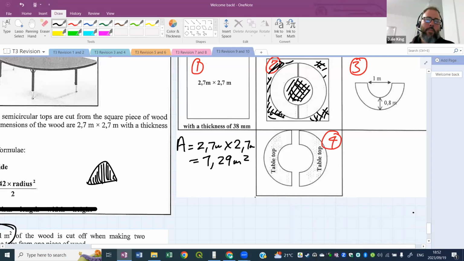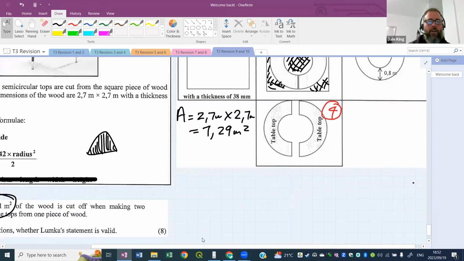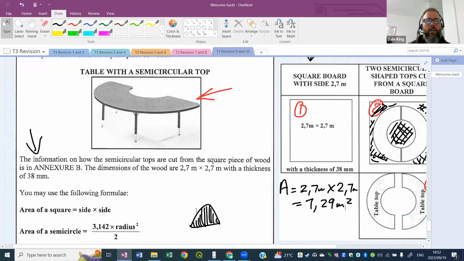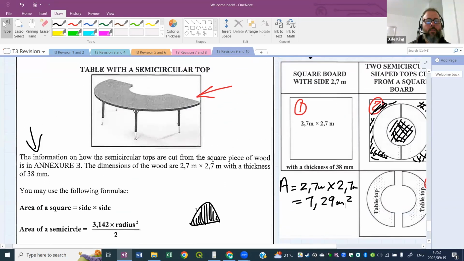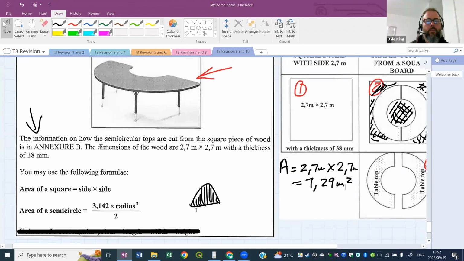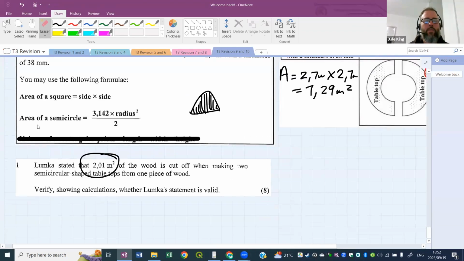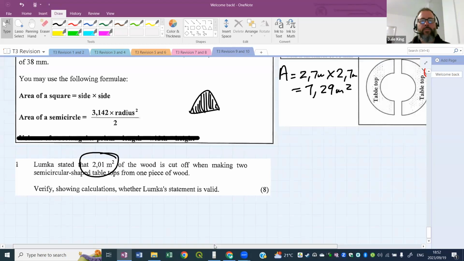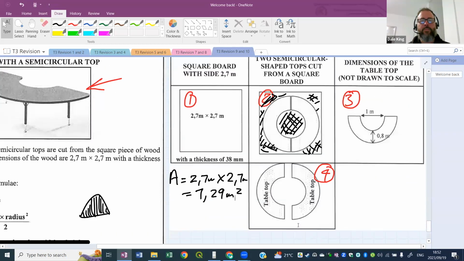I think, wait, please can you go back to the question, quickly? The bottom question or the scenario? The scenario, sorry. All right, there we go. Oh no, sorry, the question. My bad. Okay, there we go at the bottom. So what he says is that 2,01 square meters of the wood is cut off when you make these things. Okay, so I think you have to minus that